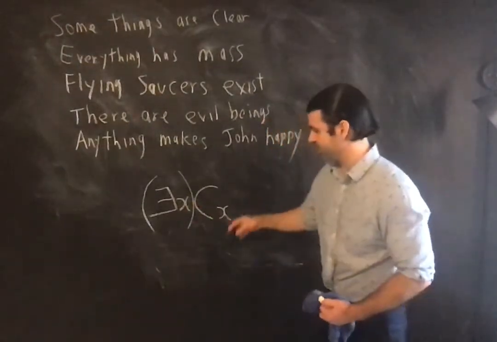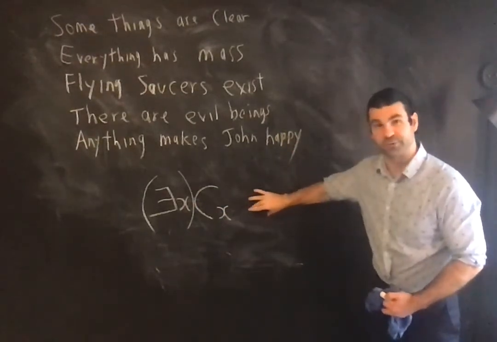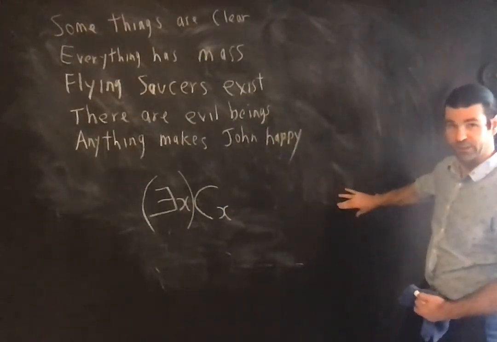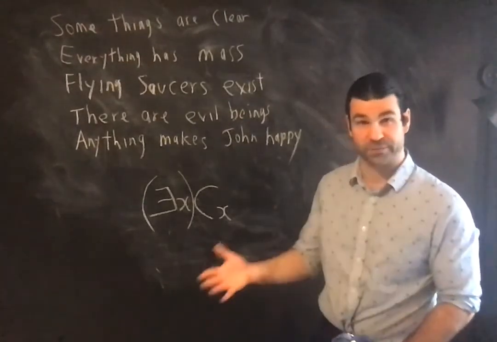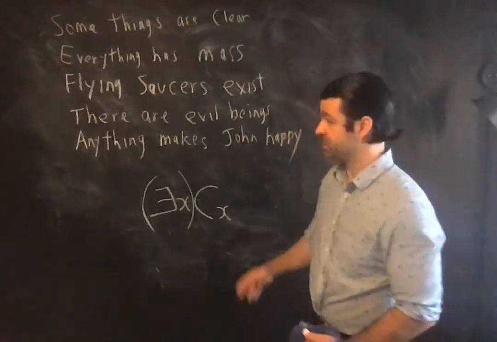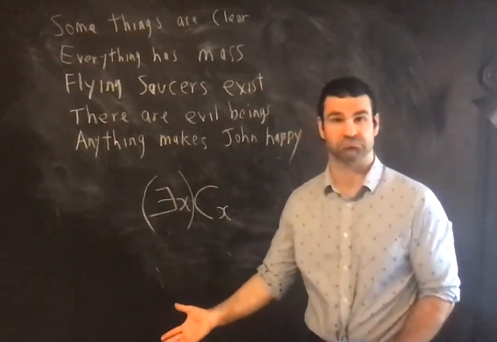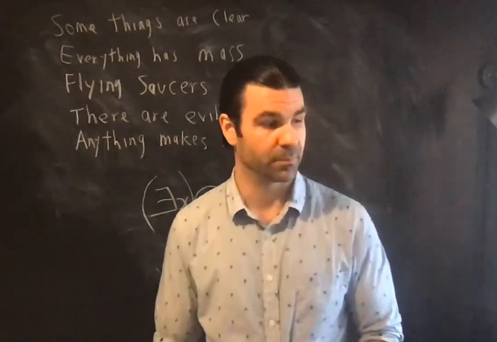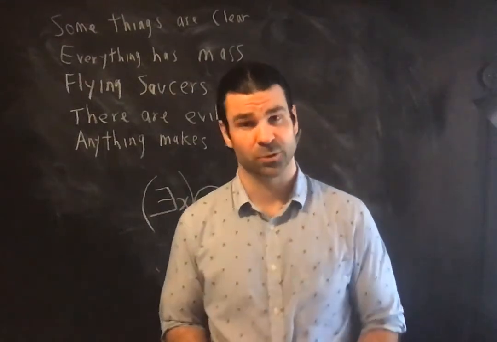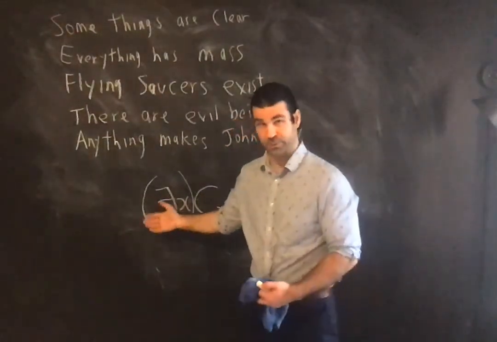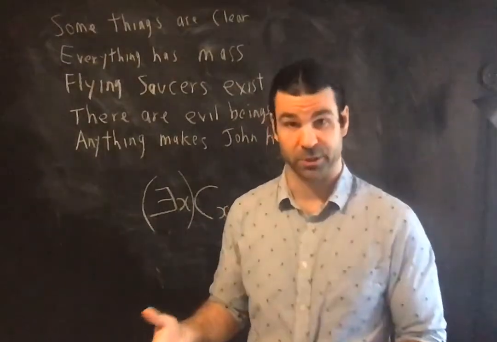So this you would read as there exists an X. You would write out in the first step there exists an X such that X is clear, right? And then in the second step you would give a more colloquial way of saying that, right? Which is what we have at the beginning. Some things are clear, or something is clear, right? And in quiz 4, the last 2 questions ask you to translate symbols back into English, and I recommend doing it in this 2-step